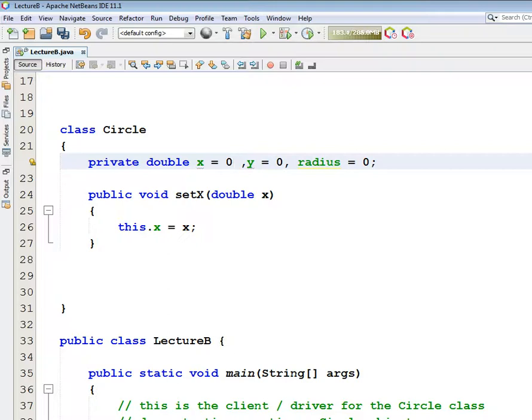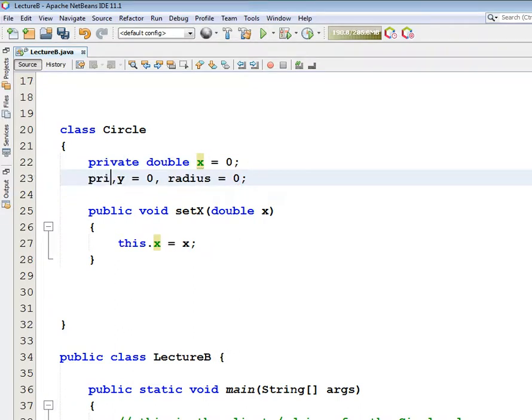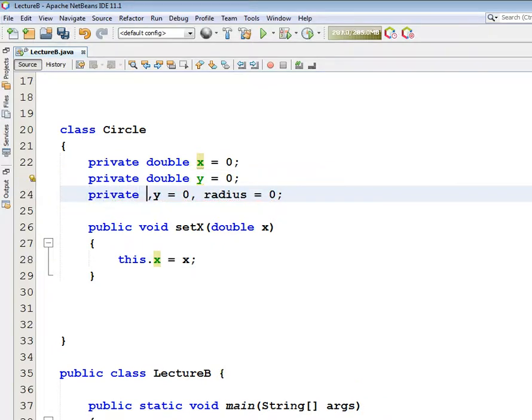So forgive me for making this modification. private double x = 0; private double y = 0; private double radius = 0;